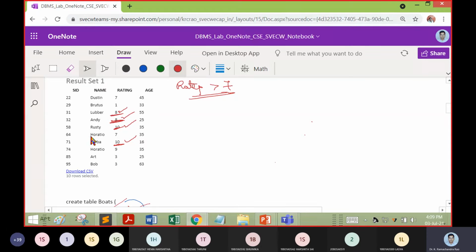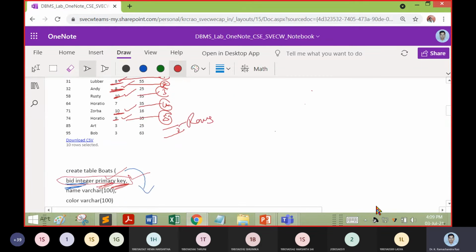And I can't take another Horato because we made it as rating greater than 7. We didn't mention greater than or equal to 7. But one Horato, it is 9. So in this way, how many records will we get? We will be getting 1, 2, 3, 4, and 5. So in total we should get 5 rows as the answer.